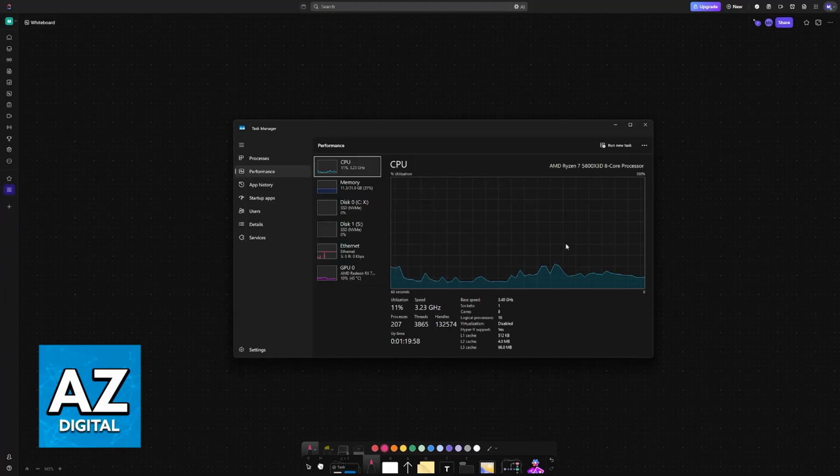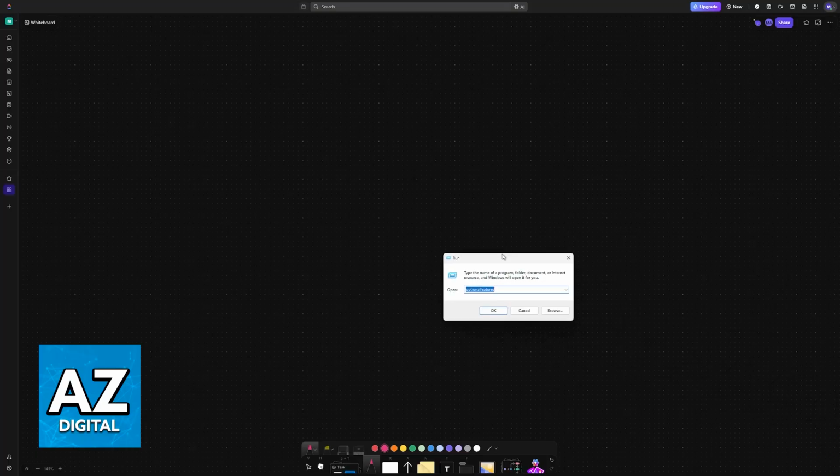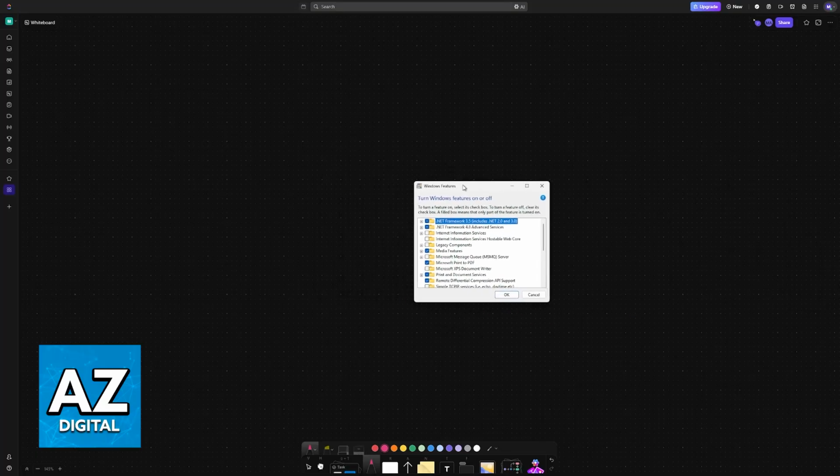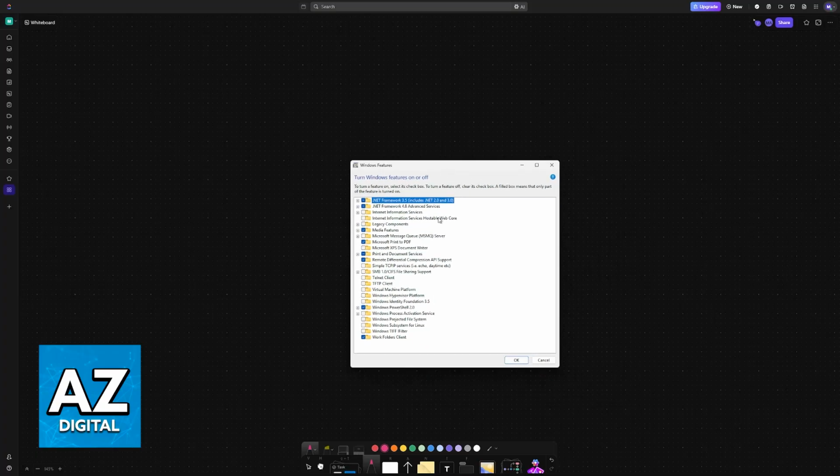So in order to enable virtualization or check to see if your particular PC or laptop is capable of having virtualization enabled, press Windows plus R and look for optional features like this, no space in between. So look for the Run window or open it up by pressing Windows plus R on your keyboard and then go to Optional Features. In here, you will see a bunch of things that you can enable or disable on Windows. The ones that you are looking for are going to be Virtual Machine Platform and Windows